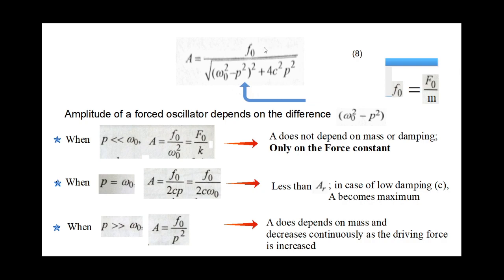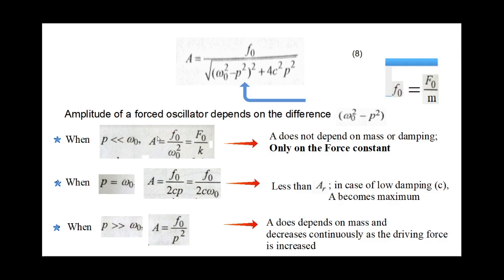In this expression, we know that small f0 equals F0 divided by m, where F0 is the amplitude of the external driving force and m is the mass of the oscillator. First, let us consider the case where p is much less than omega 0 square. From this expression, it is clear that when p is much less than omega 0 square, we can cancel the p square terms, and then it is equal to f0 divided by omega 0 square. Again, we know that f0 equals capital F0 by m and omega 0 square equals k by m. Substituting those two, we get